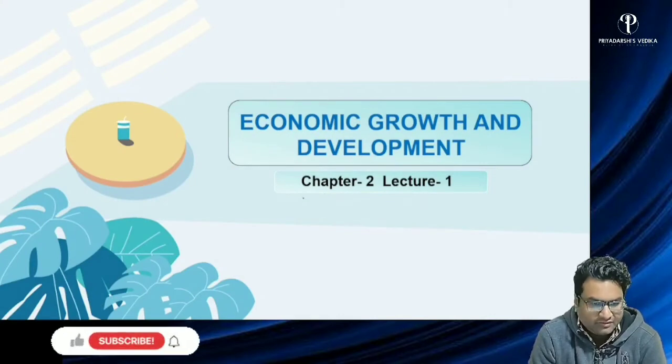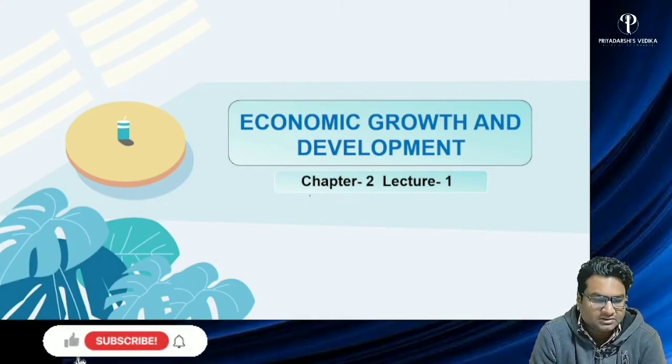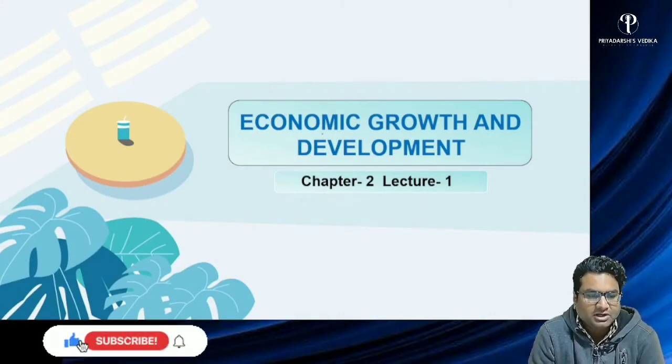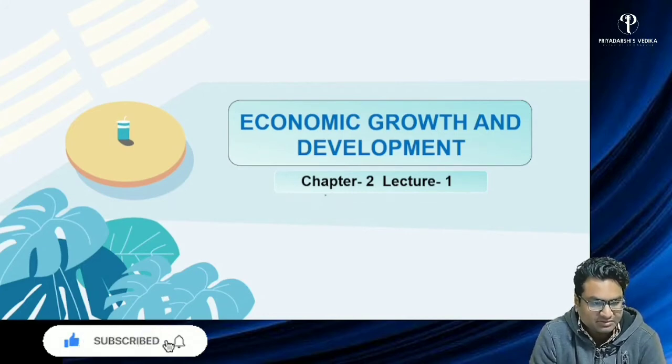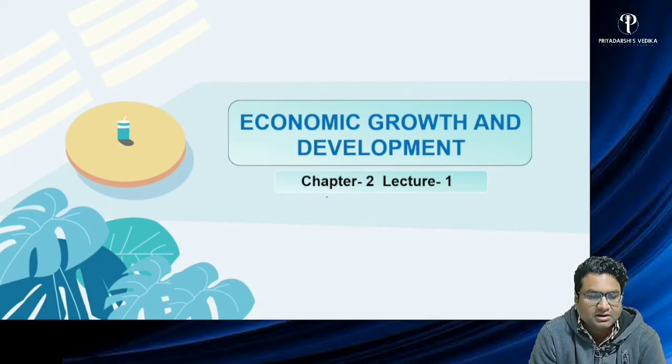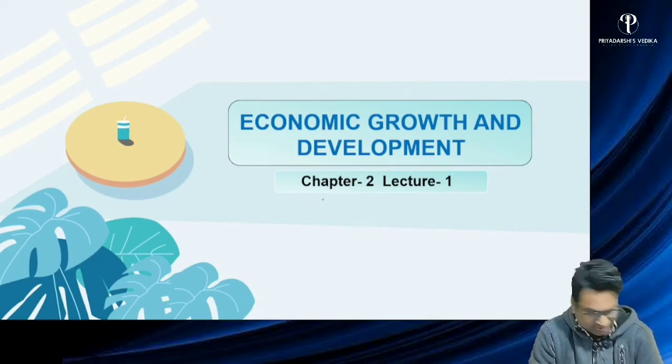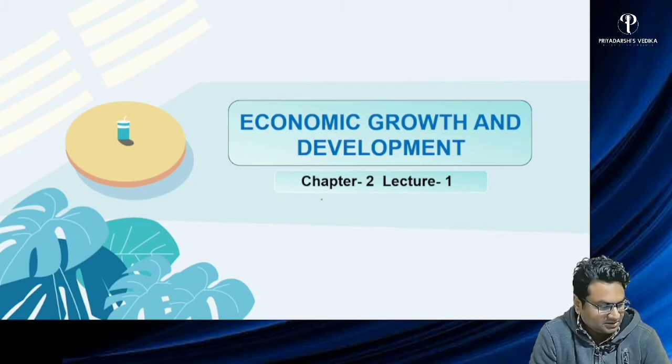बच्चों, today we have come with a new chapter, economic growth and development. That is a really important chapter, a conceptual, concept building chapter for you, all the examination preparing candidates and aspirants of government examinations as well as other banking services examinations